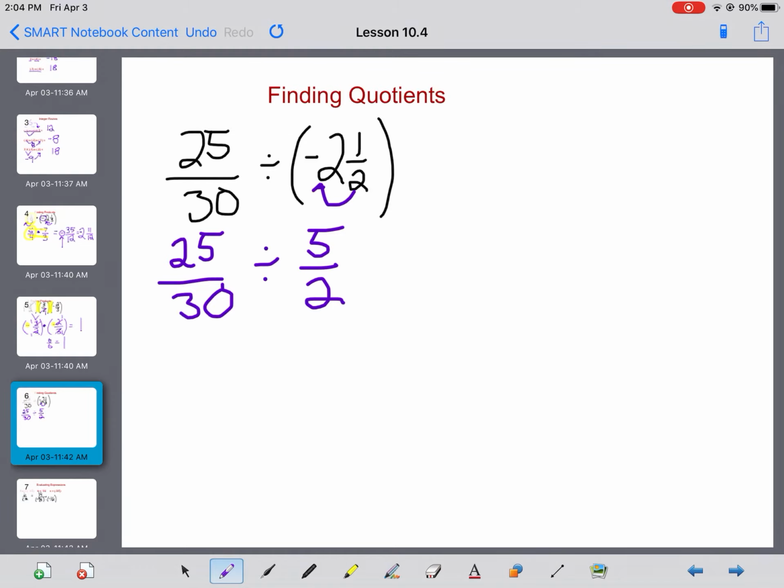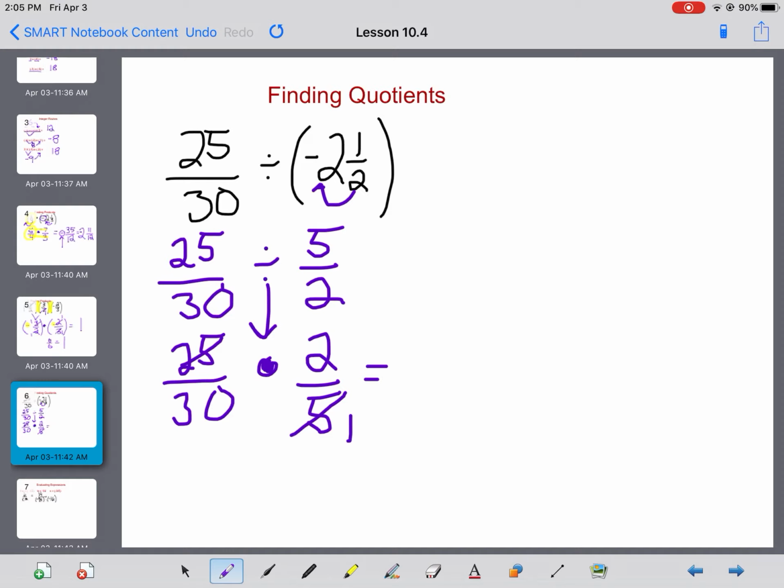Now you remember from our first review lesson last week, Monday, when I'm dividing fractions, I actually multiply by the reciprocal. So my first one stays the same, 25 over 30. I change to multiplication, but that means I also change to the reciprocal. Reciprocal means I flip the top and the bottom. Once again, I have the opportunity to cross cancel. You don't have to, you just end up with bigger numbers at the end that you need to simplify, but I'm going to cross cancel because I can divide by 5 on both of these. And I'm going to cross cancel over here because I can divide by 2, and I would get